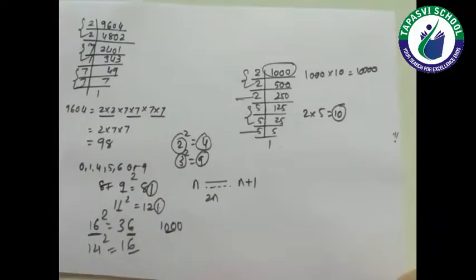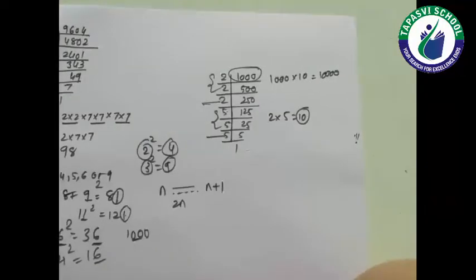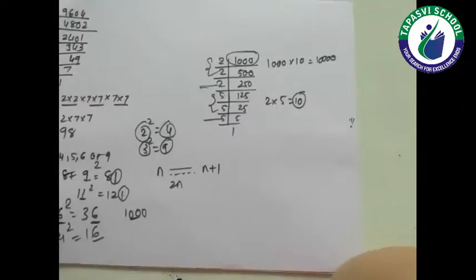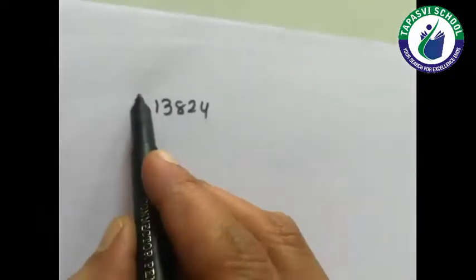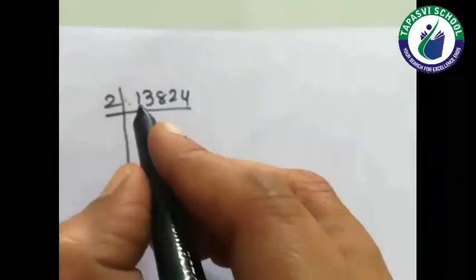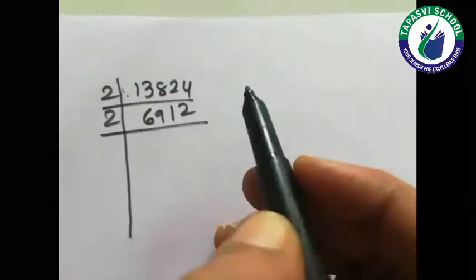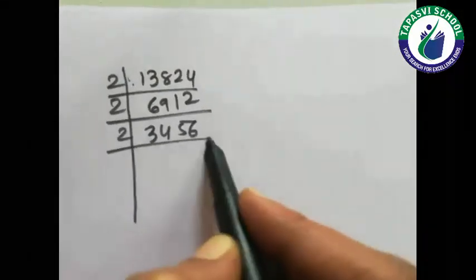Now the same thing we are doing in cube and cube root. We are taking two examples of cube and cube root. For example, students, I want to find out the cube root of 138,240. Then as the last digit is even, I will divide this number by 2. So here I will get 69,120. Again the last digit is even, divide it by 2. 34,560. Again divide it by 2.